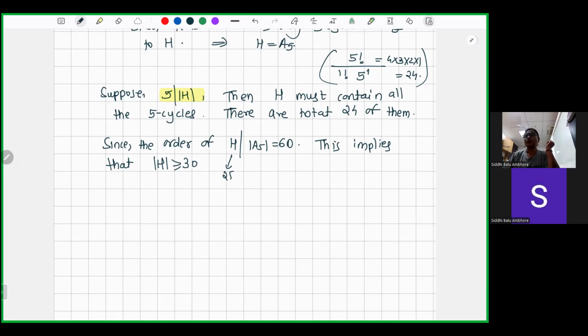the order of H is a number greater than 25 which divides 60. Okay, so that is 30. So the order of H is at least 25, so it must be greater than or equal to 30 because it divides 60. So therefore,